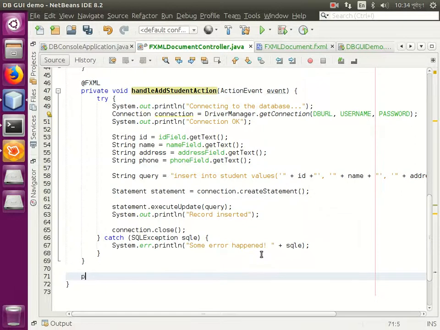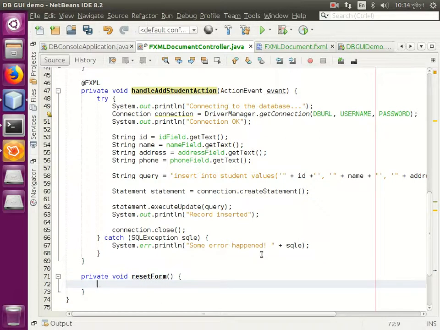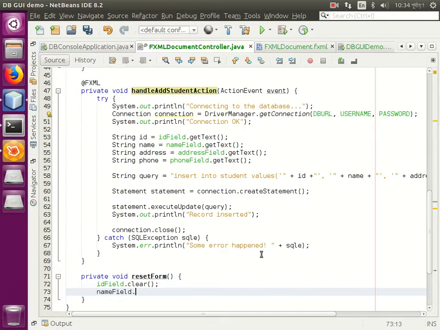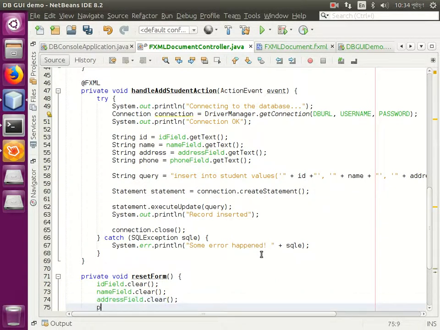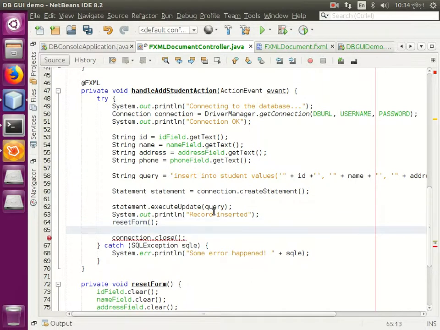Let me write a reset form method. It's going to be a very simple method. What it does, it clears everything, right? So ID field dot clear, the name field dot clear, the address and phone. Okay, so if the record is properly inserted, we say reset form, and that's that. It cleans up the form, and at the same time,